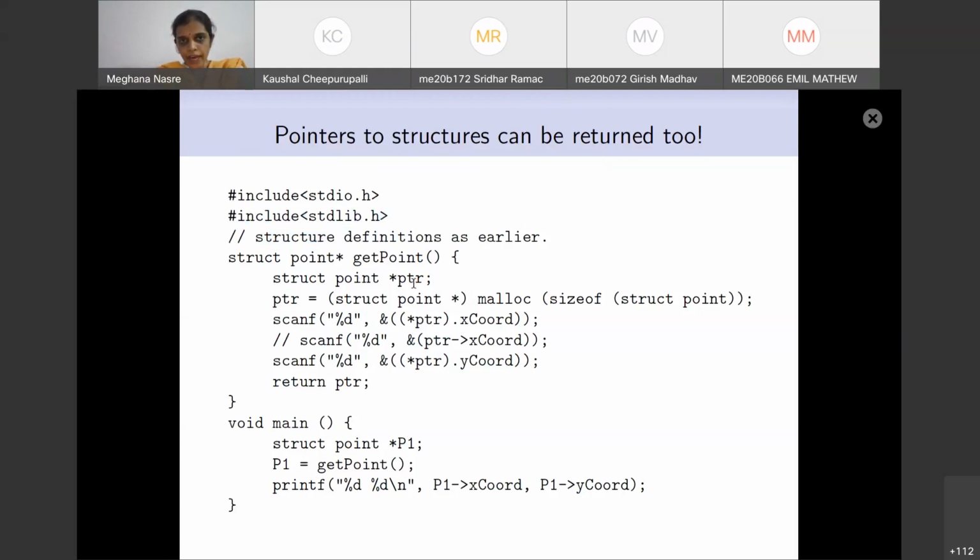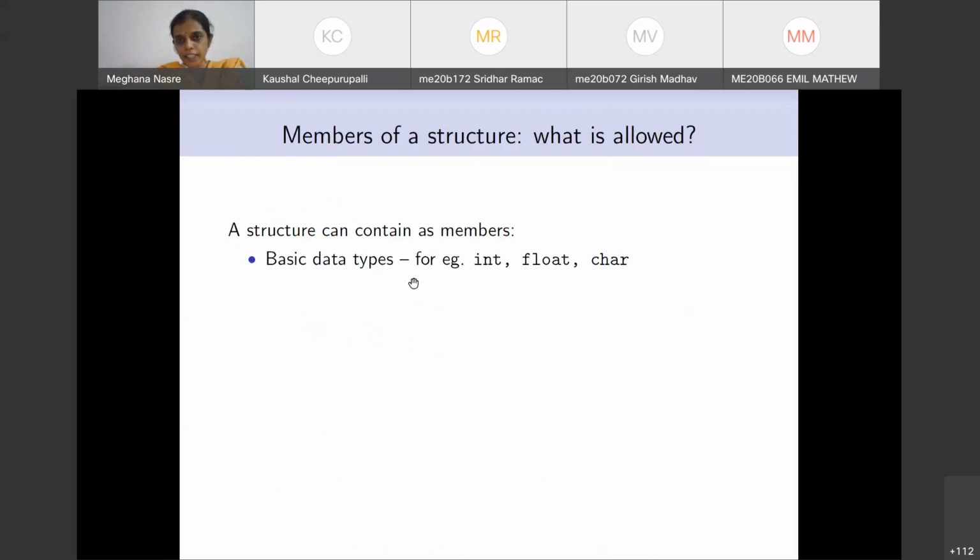Okay, so having said this, we will just recap what kind of things can be members of a structure. These are basic data types. We have seen examples with integers and characters. We have not had examples where we required floating points, but we can have floats. What else can be a member of a structure?